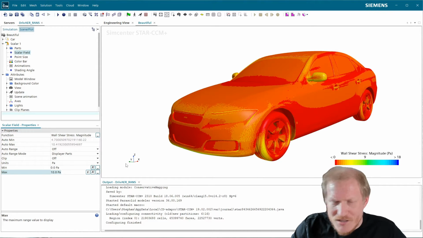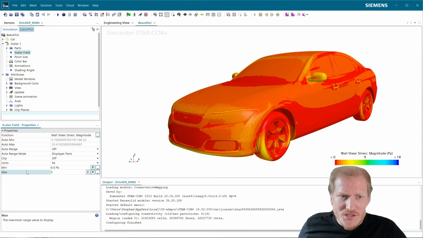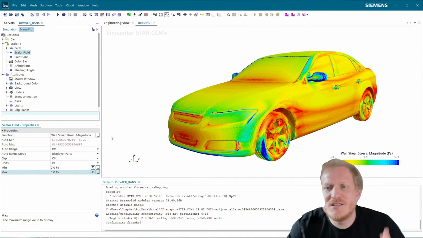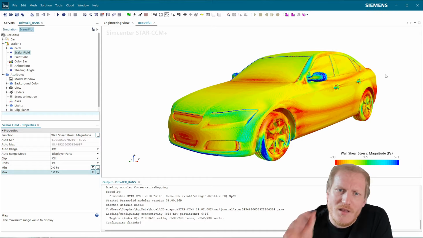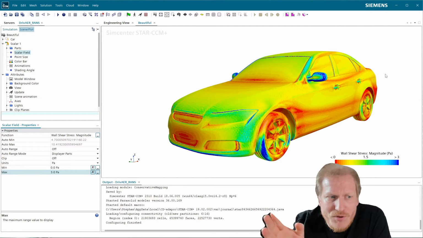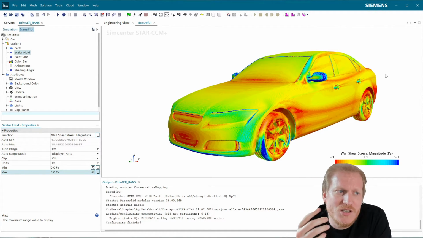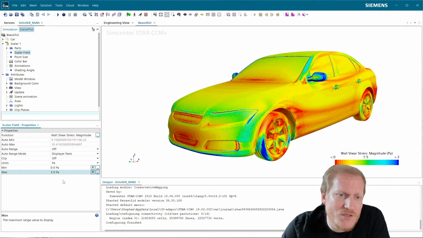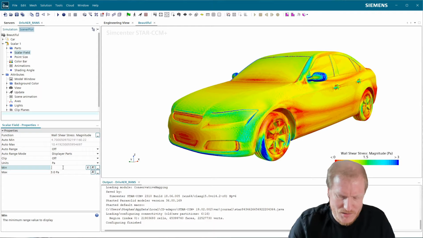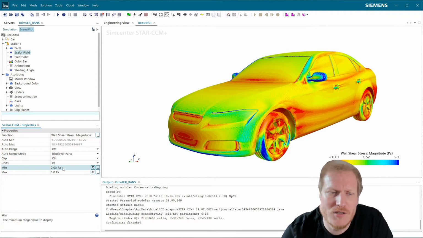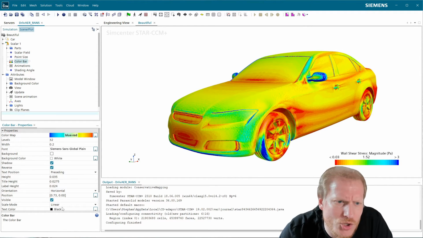So the 18, I don't care about that. We're going down to just 3. And still, there is so much in the upper range that we're not interested in, but we are more interested in the lowest range. So what I'm doing here is going for 0.03